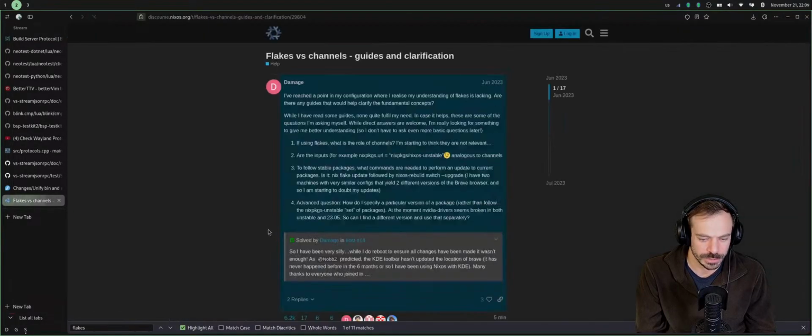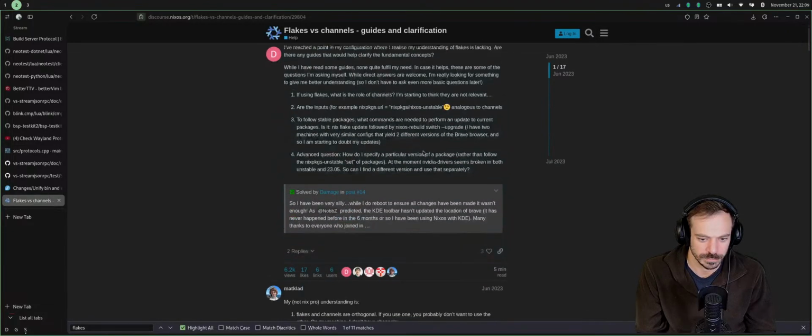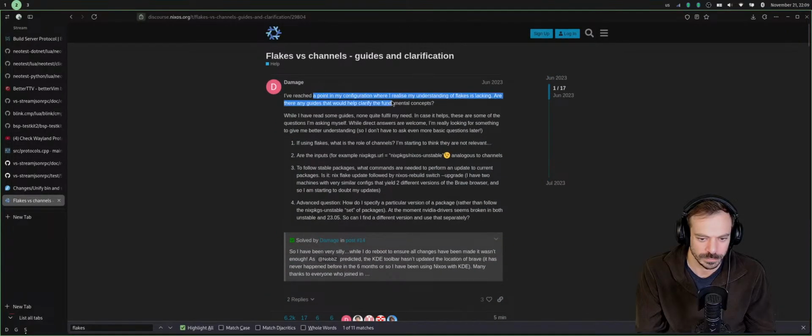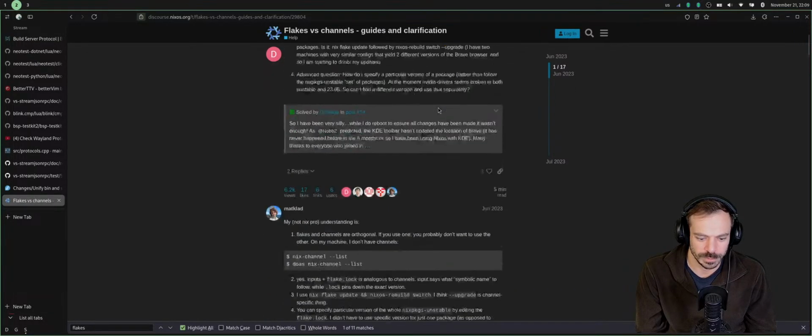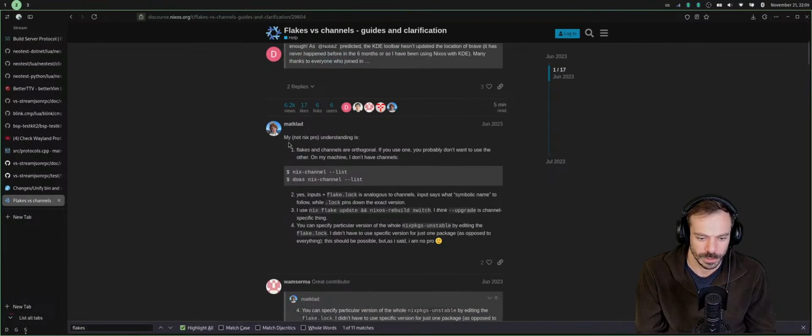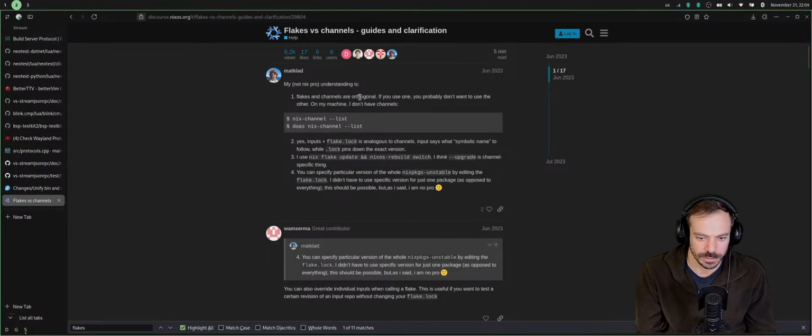Flakes versus channels. Flakes documentation is lacking. There are guides that would help clarify the fundamental concept. Flakes and channels are orthogonal. If you use one, you probably don't want to use the other. On my machine, I don't have channels.